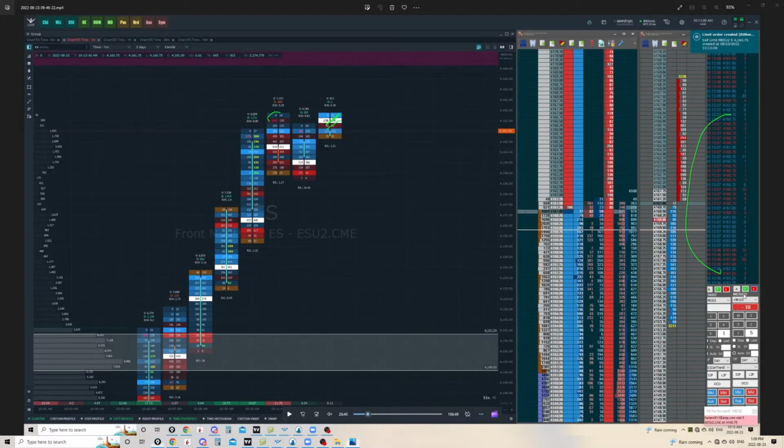Okay, so I put 10 on. Why did I put 10 on? Because this 158 by 31 is holding true. It is holding the previous imbalance level where we suspect that sellers would come in and start pushing price to the downside. At this point,